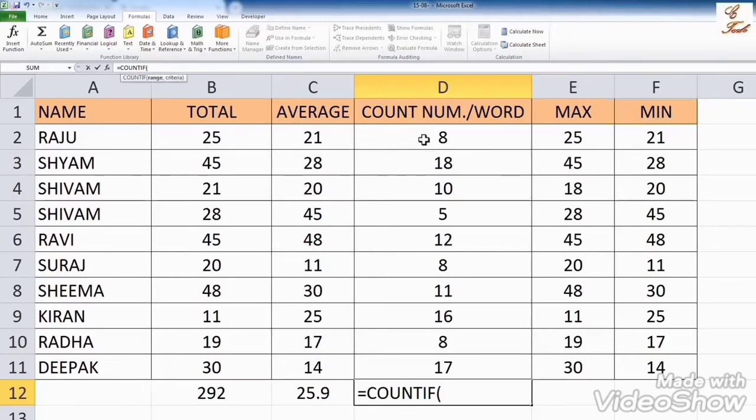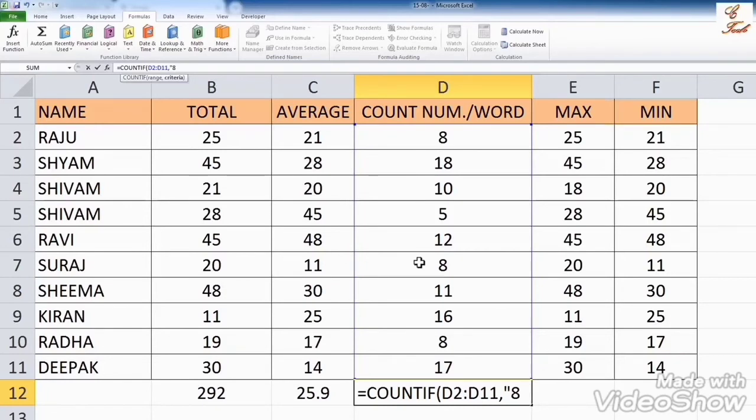Equal to countif, opening bracket, I will select all numbers, means D2 to D11, all 10 numbers. I will give a comma, and what I want to find, the number 8, I will write in double quotation marks, complete them, then close the bracket and press enter.